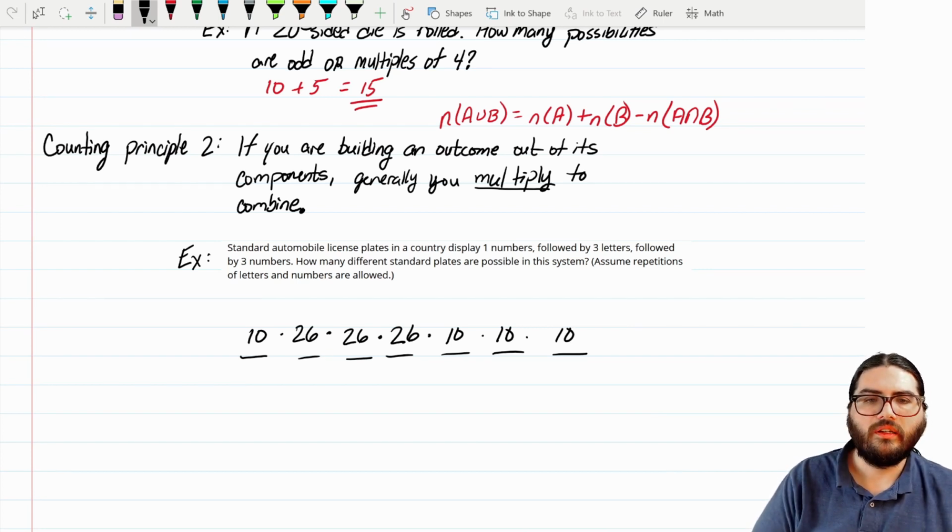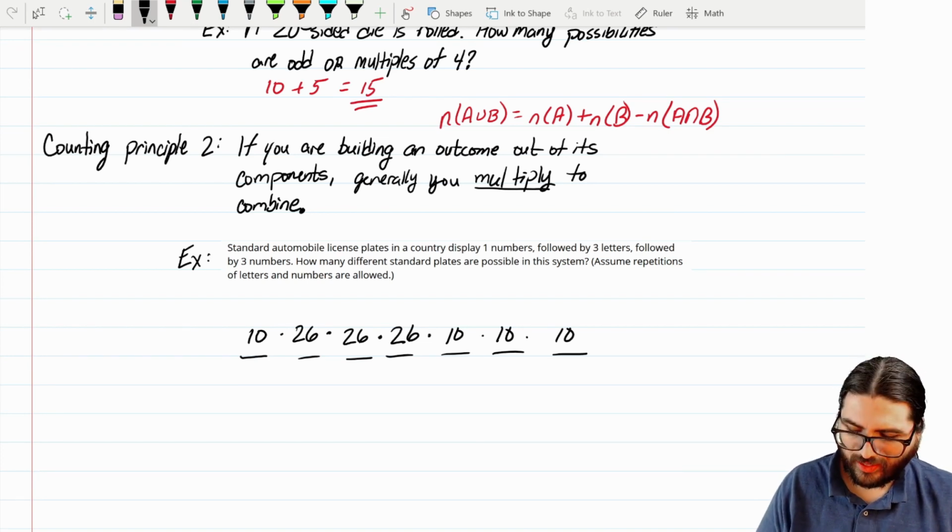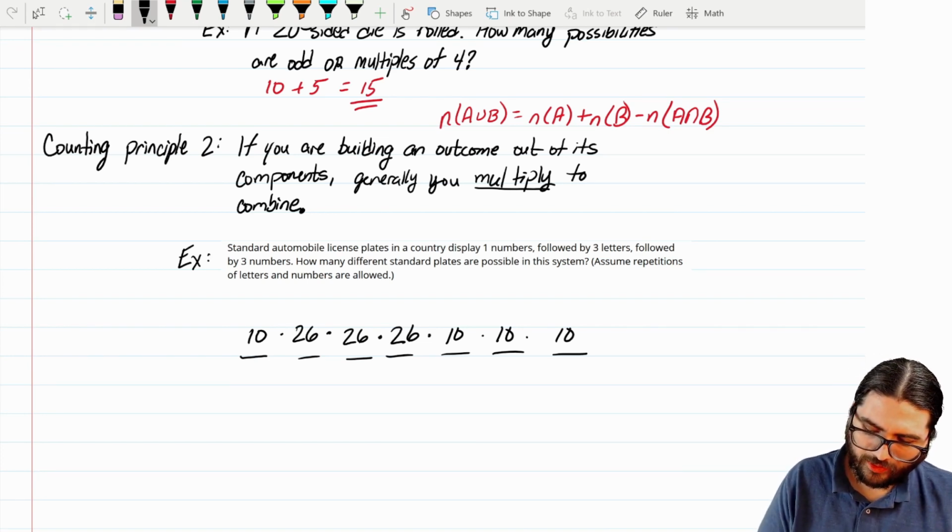Oh, okay. Well, that seems like a lot. That's 26 times 26 times 26 times 10 times 10 times 10 times 10. That's pretty big. I'm going to have to ask my calculator. How many possibilities is that? Oh my goodness. My calculator shows that this is